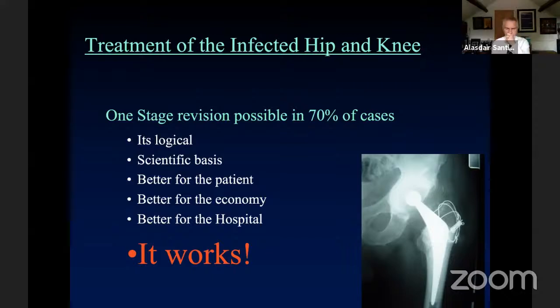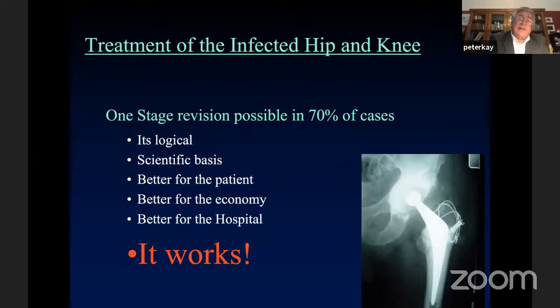So I think overall, when you're thinking about one and two stage revision, I don't think it's a simple binary choice. I really think you have to tailor the treatment to the patient that you've got and what would be appropriate for them. But largely, if you could fix an implant, I think you should do a one-stage revision. It's logical, it definitely works, and I think it's better for the patient at the end of the day. Thank you very much.